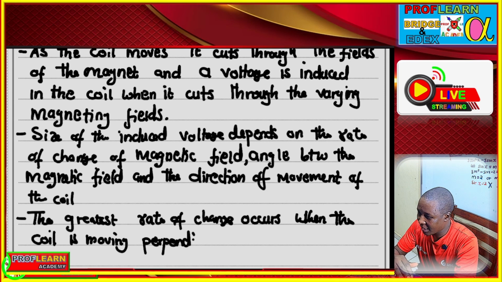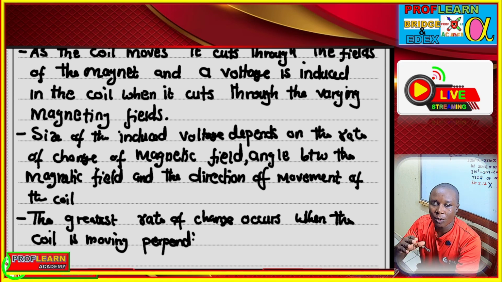If you are writing down, you write how a generator works. As the coil moves, it cuts through the fields of the permanent magnet, and the voltage is induced in the coil when it cuts through the varying magnetic fields. So the amount of EMF induced depends on